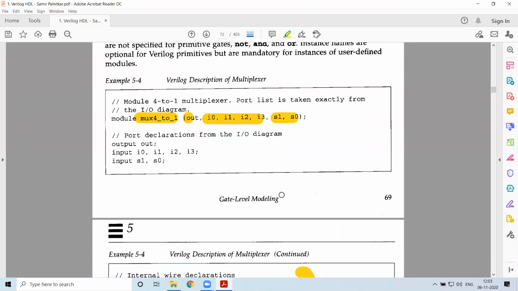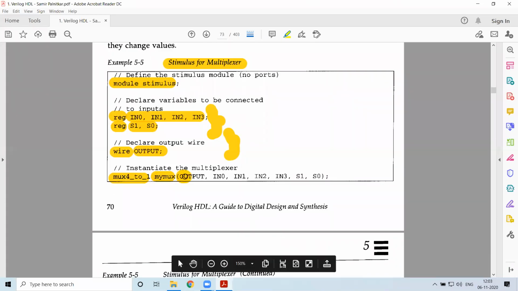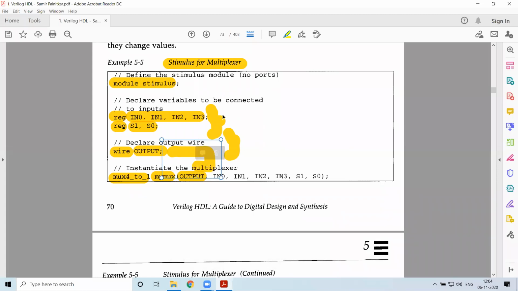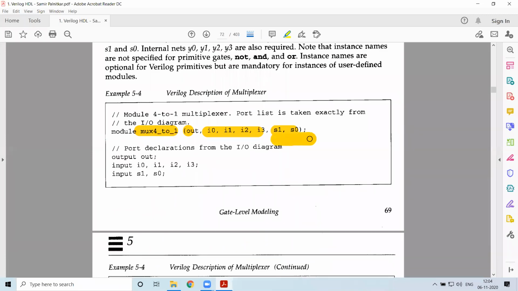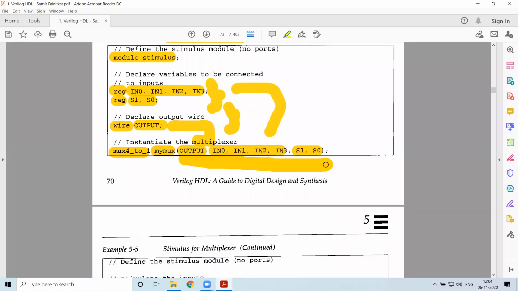So this is the parameter list we'll be passing on. The output goes to the output, and these inputs we have specified will come and sit in IN0 to IN3. Similarly, S1 and S0 will get connected to this one. You are changing the switch, so the wire will be carrying that information. So you have to provide the parameter list.